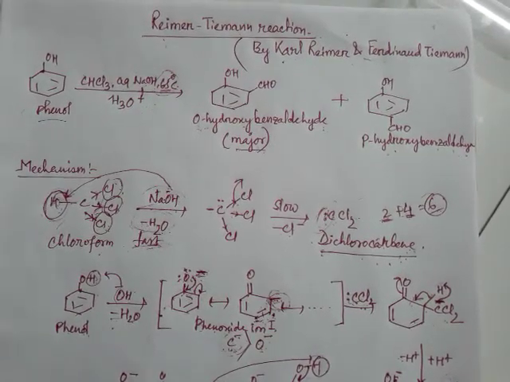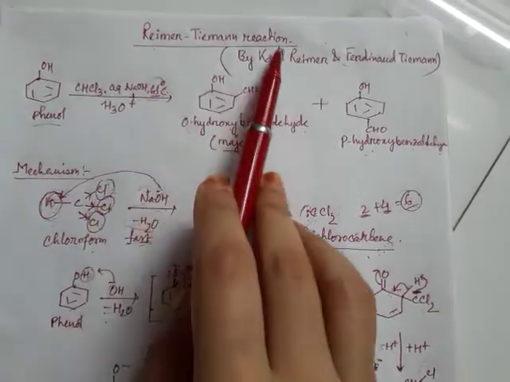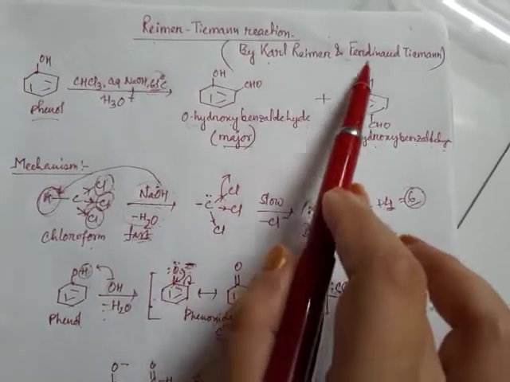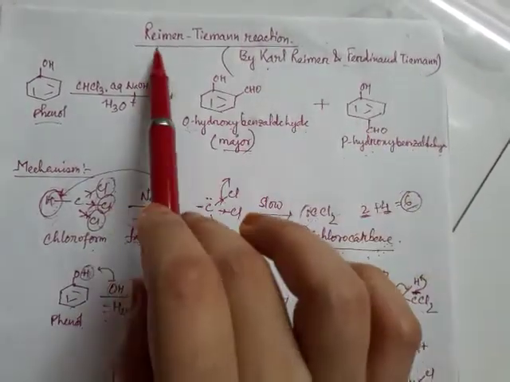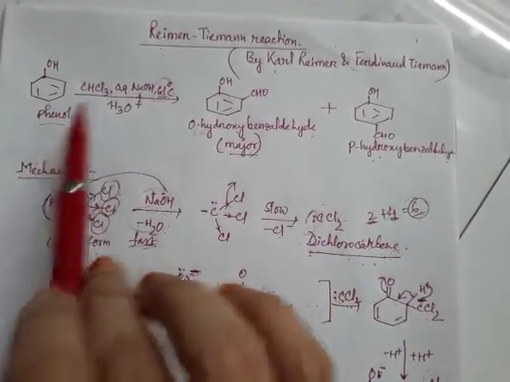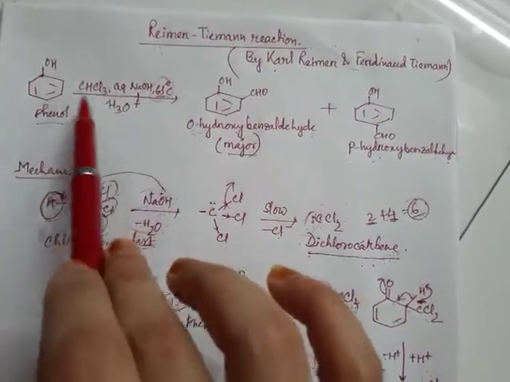So today we will discuss another name reaction of phenolic compounds, that is the Reimer-Tiemann reaction. This reaction was discovered by Carl Reimer and Ferdinand Tiemann, and accordingly the name is given. This is basically a formylation reaction of phenolic compounds in presence of aqueous alkali like aqueous NaOH and chloroform, and